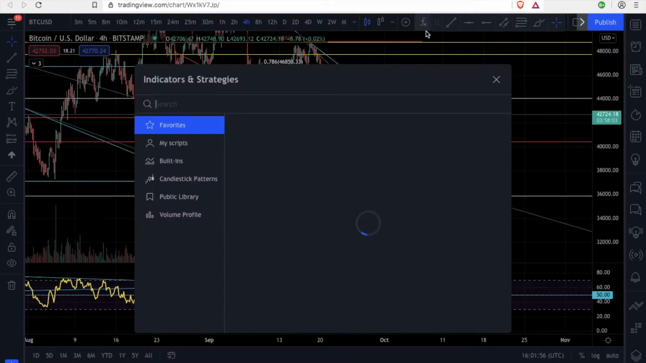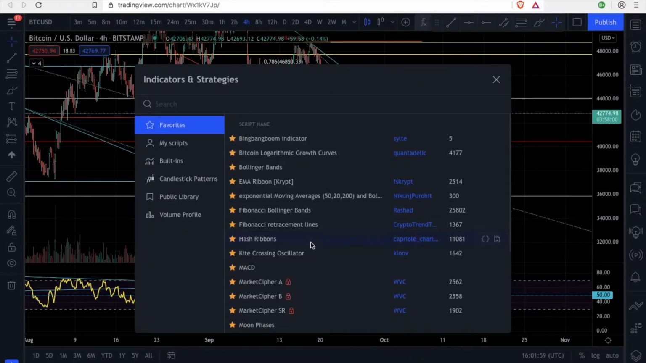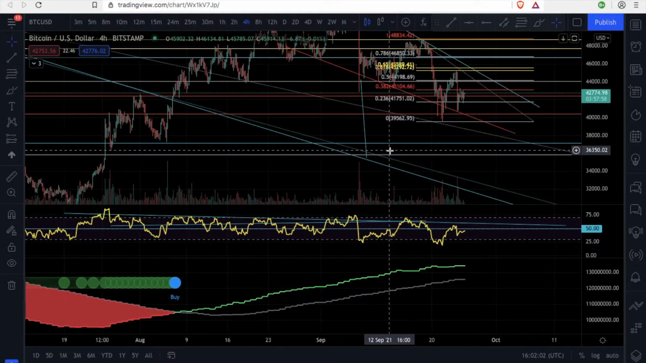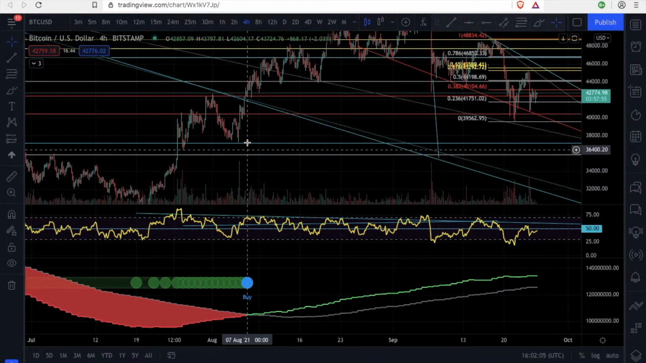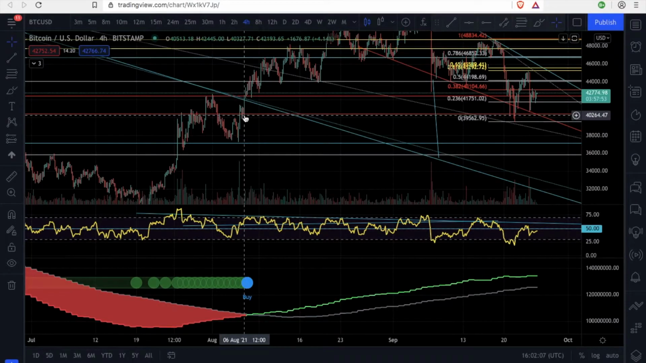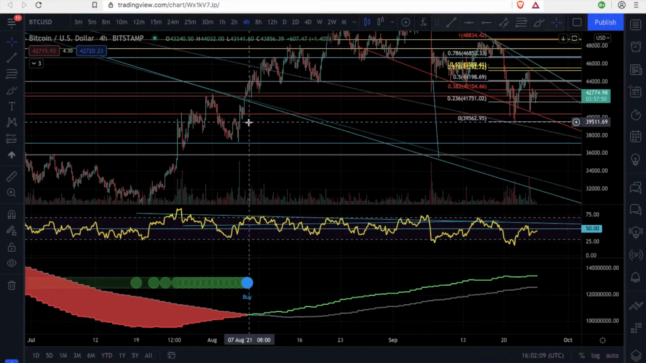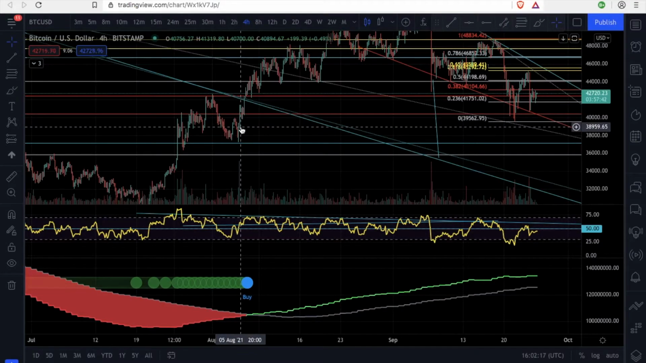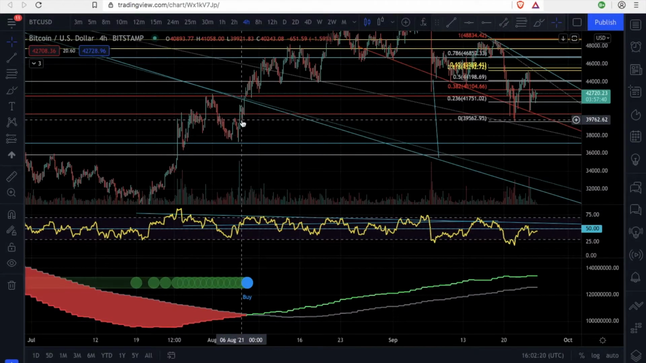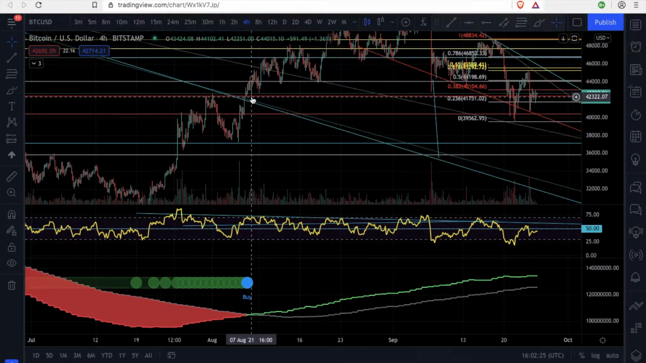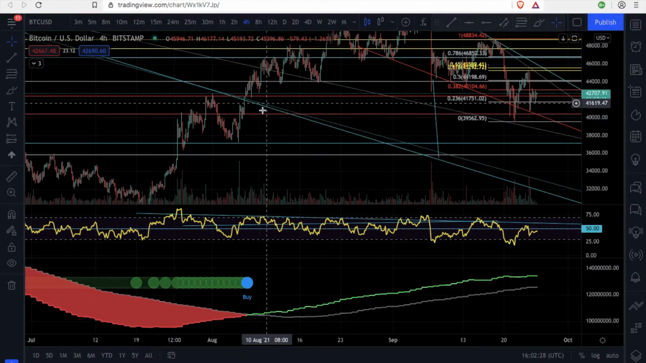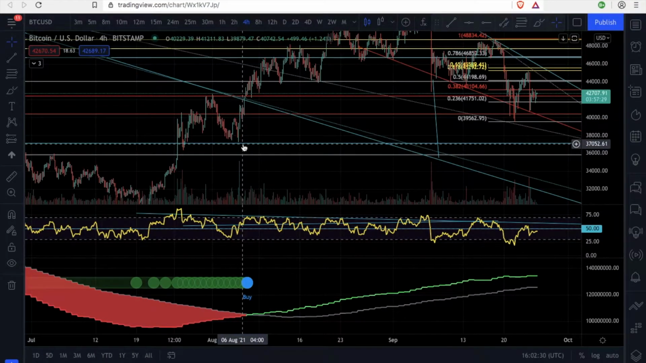But going into the hash ribbons indicator, I'm going to show you real quick right here. I'm gonna show you this hash ribbons indicator. Look at this. So the buy signal was around here. Let's see, like here was the buy signal. It has this range. It can be counted from this $39,000 level to this $42,500 level, but here was the buy signal around here,